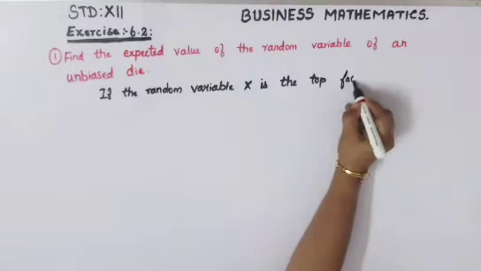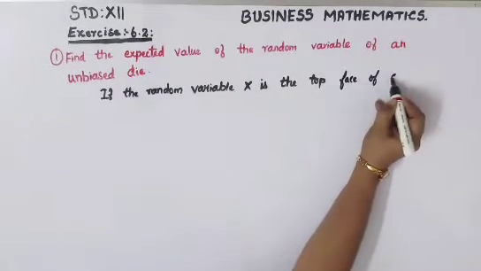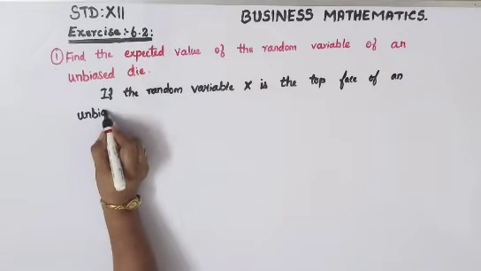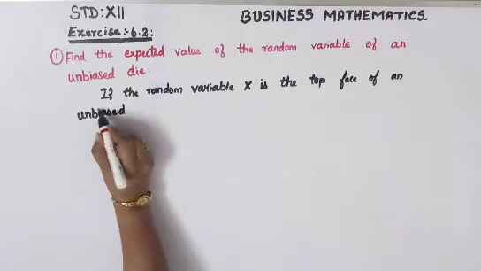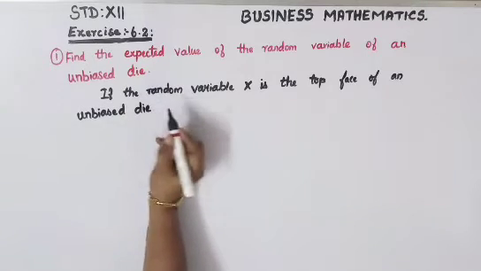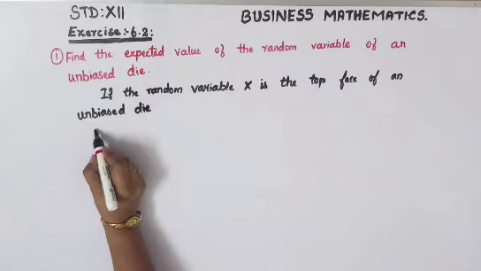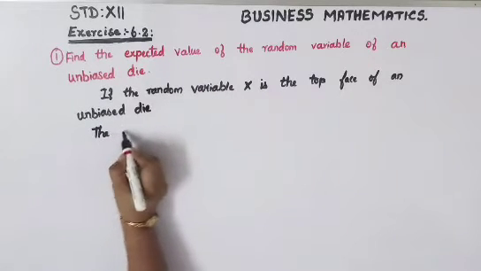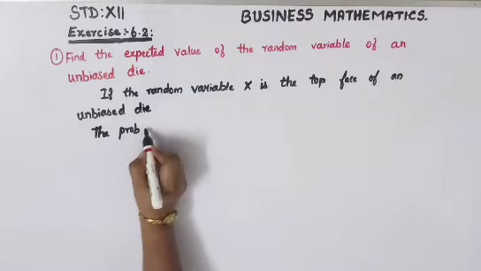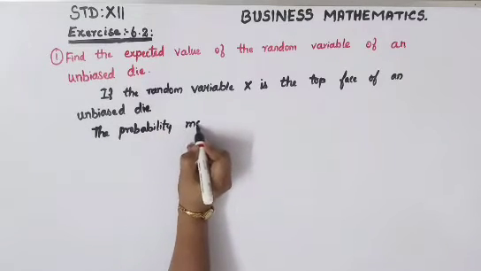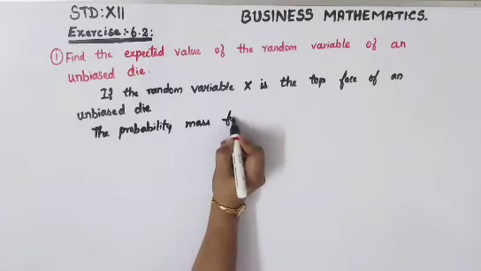X is the case of an unbiased die. So they've asked you the expected value, so we'll go for the probability mass function. The probability mass function is,